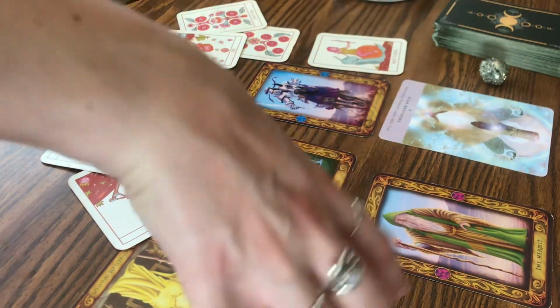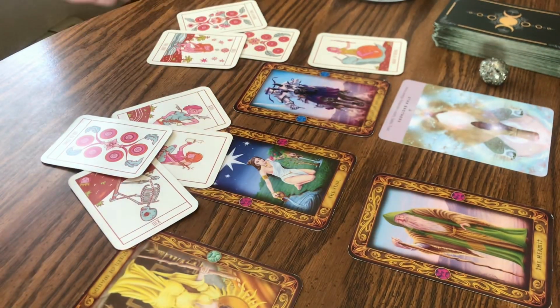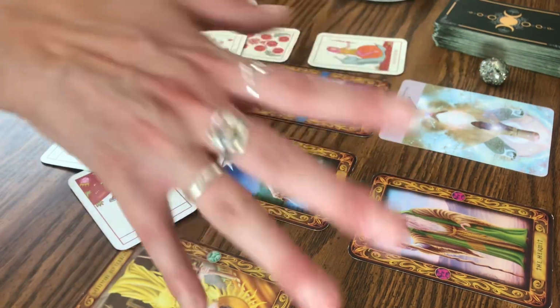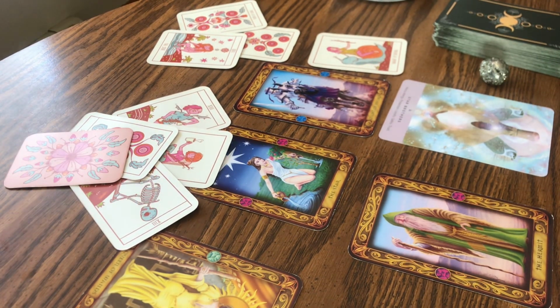If you try to cut corners, if you try to cut things off before they're ready, if you try to trample others in your pursuit of this path, this money, this career, whatever it is. And I'm not talking about healthy competition. Obviously, if you're competing with others for a raise or something, that's healthy competition. But with the Knight of Swords in reverse, this is somebody who's willing to get dirty if they